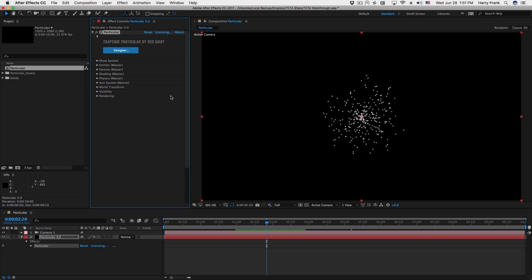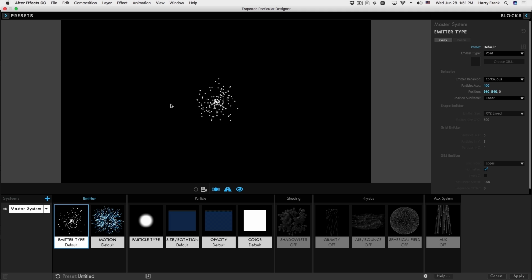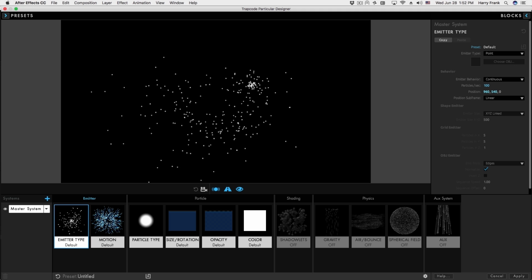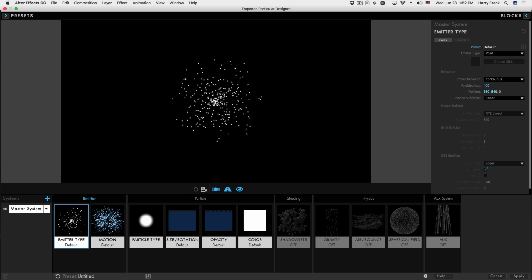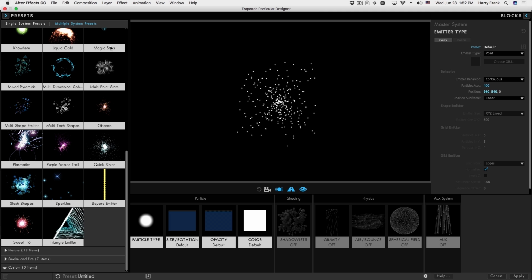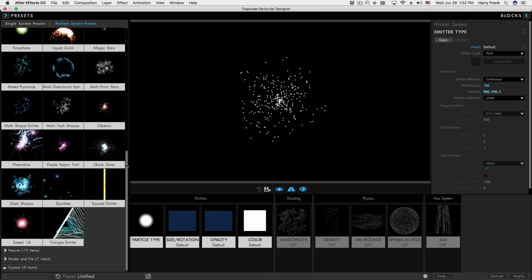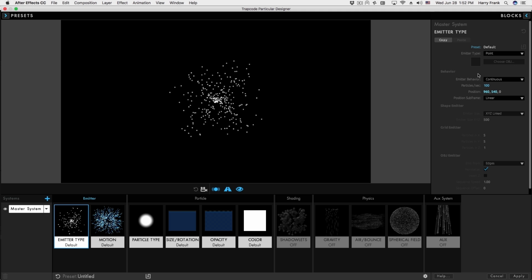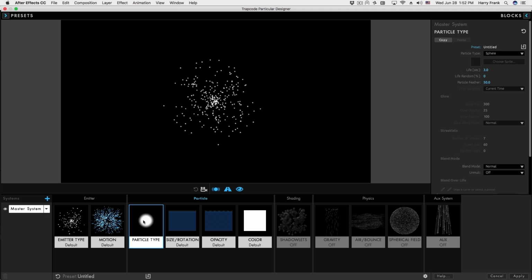I'd like to begin by jumping into the Designer window, which I'll do by clicking on this bright blue button here at the top and launching the Designer. Now, this window serves a lot of different functions. First, you might notice it provides a playback window for your particle settings. Over on the left, it hosts a number of presets that either ship with the plugin or are your own custom presets. Over here on the right, it shows the related parameters to any of the blocks that I have selected